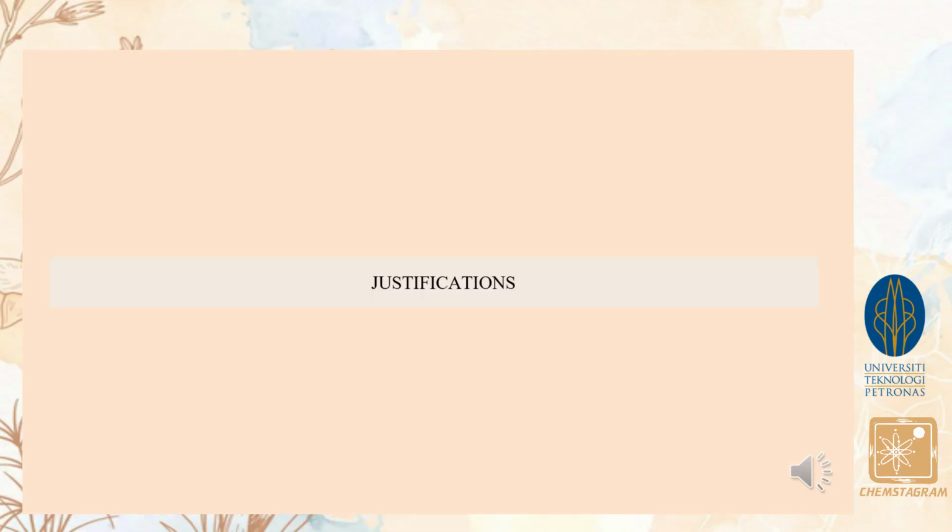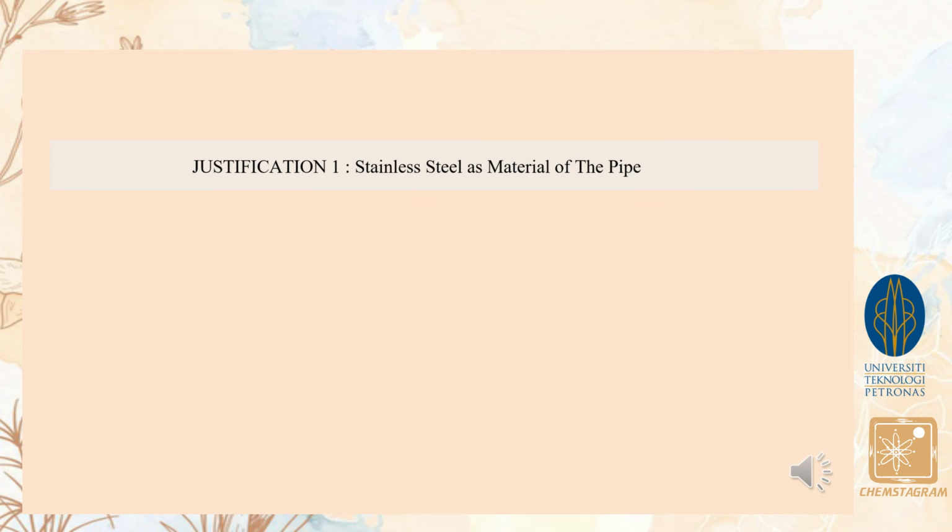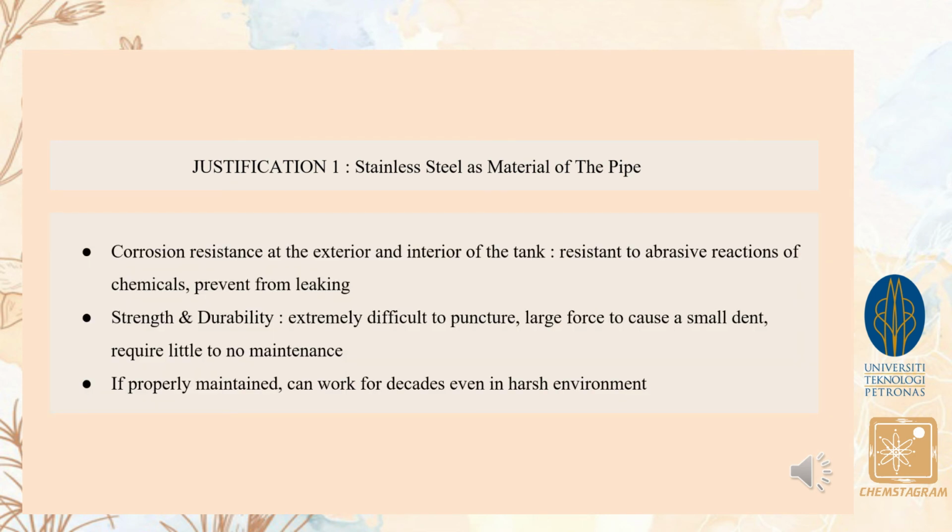For the justification, the first justification is material of the pipe, which is stainless steel. It is corrosion resistant at the exterior and interior of the tank. It is resistant to abrasive reactions of chemicals and prevents leaking. The second one is strength and durability. It is extremely difficult to puncture, requires large force to cause a small dent, and requires little to no maintenance. If properly maintained, it can work for decades even in high